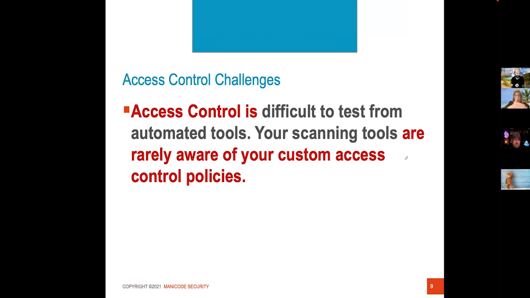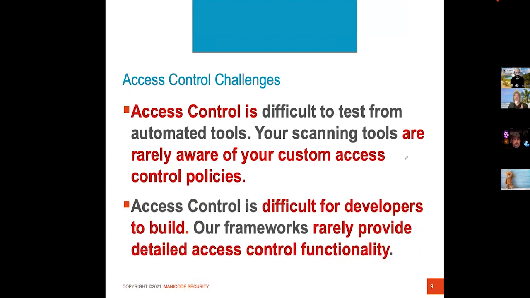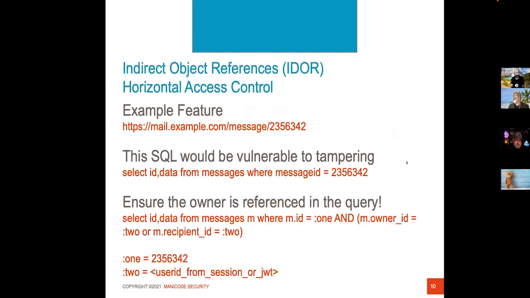It means the number one issue in web security, and yet at the same time, we're telling people DevOps will save the world, and DevOps is all the answers, but DevOps, which is mostly automated scanning, Mark, is not going to find this so well. There are a lot of turnkey tools. The other thing, Mark, is that access control is kind of challenging to build. What I mean by that is our frameworks are rarely going to give us detailed access control rules to handle things like horizontal access control. And Mr. Cohen, that's brutal because this shows up a lot.